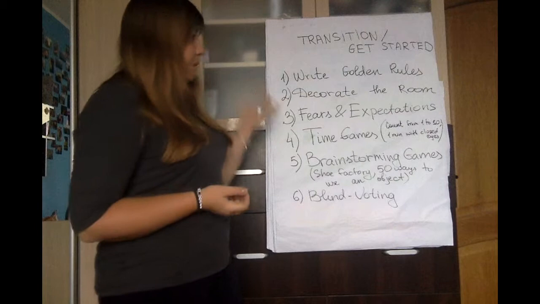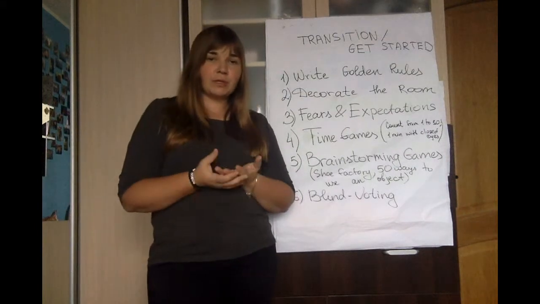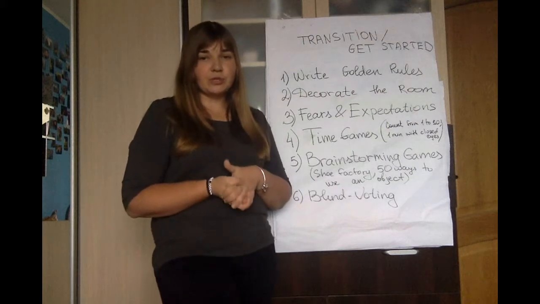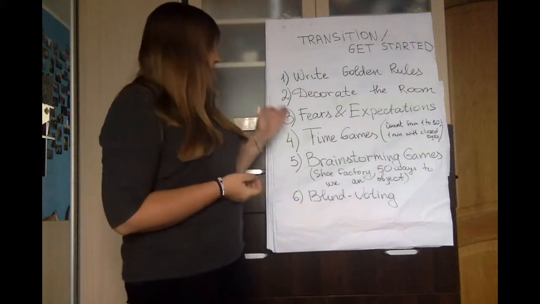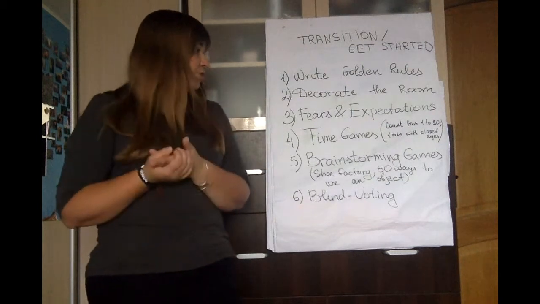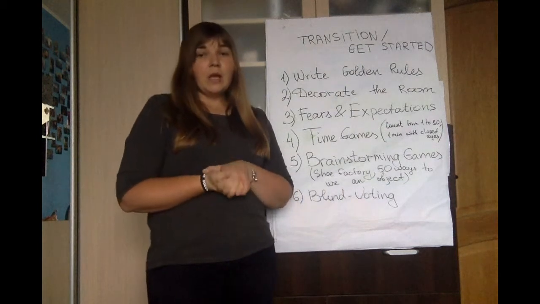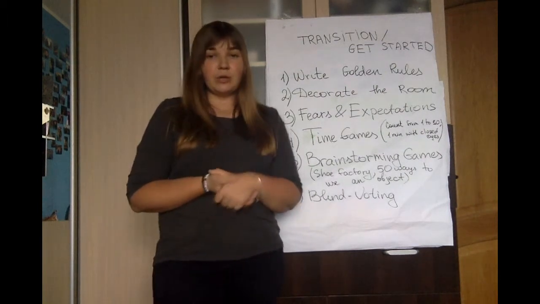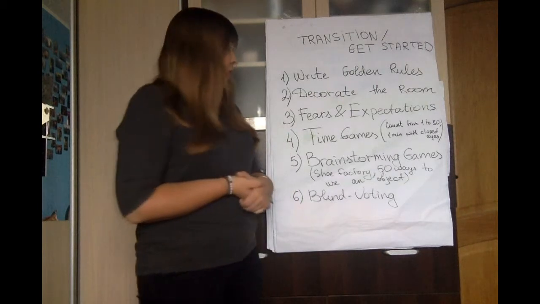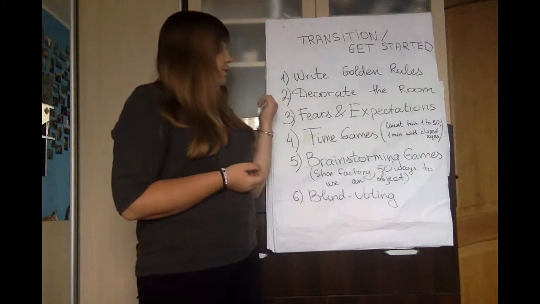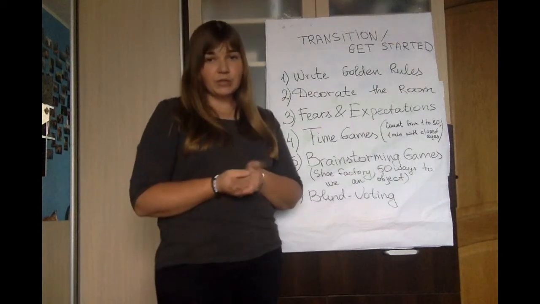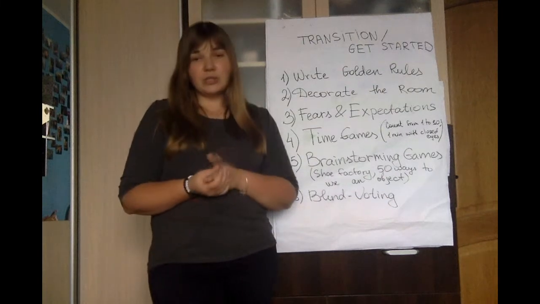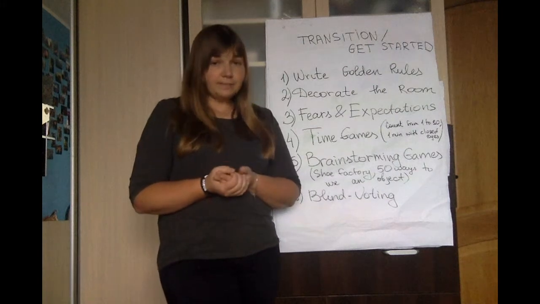Second, what you can do is decorate the room. You can do that with something that organizers will bring you, or you can also ask delegates to bring some decorations to the session in advance. The next way is expressing fears and expectations, where all the delegates share their ideas about the session. They say what they want to achieve at the session and what fears they have about the session. Personally, if I use this way of transition, I just ask each delegate to come up with a 1 minute presentation of their fears and expectations, and then tell it to everybody else.